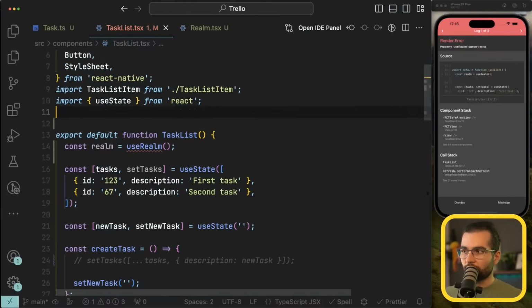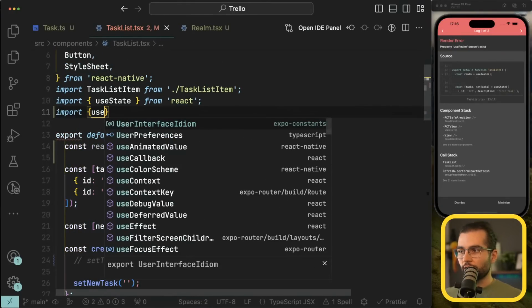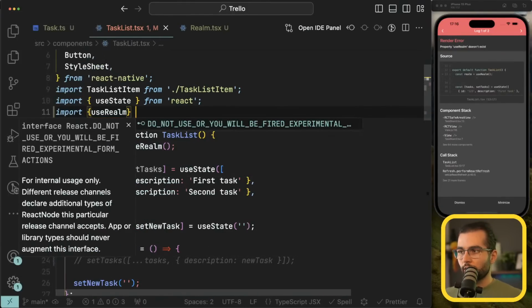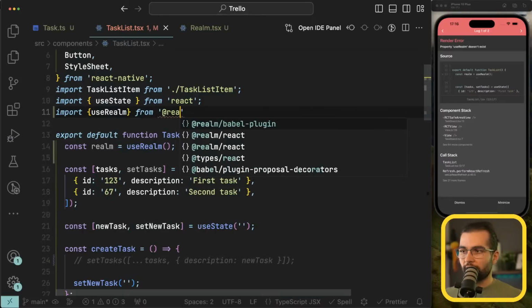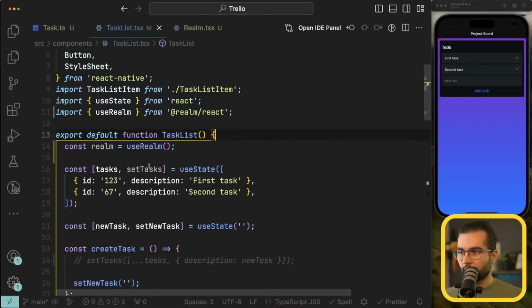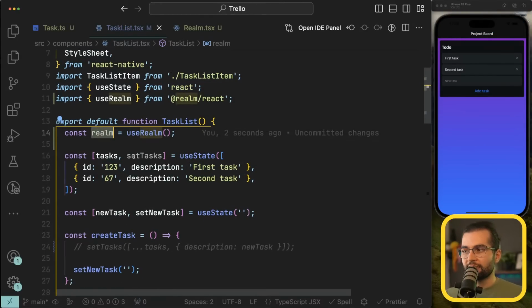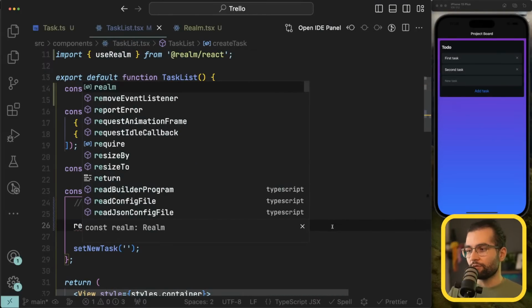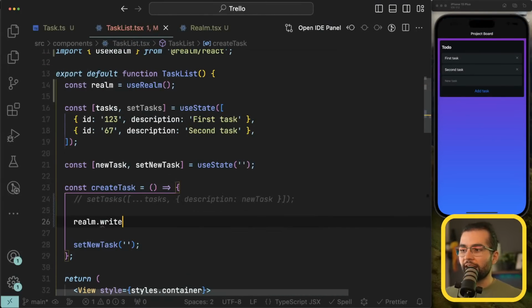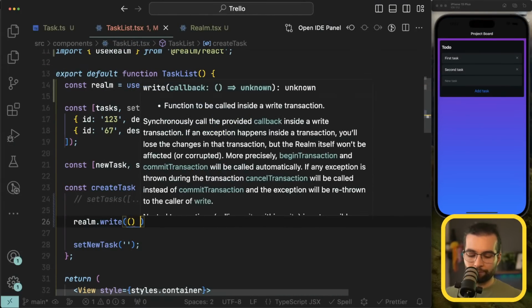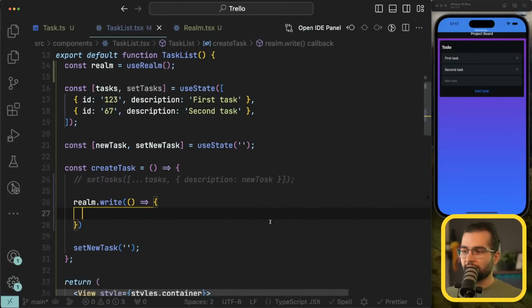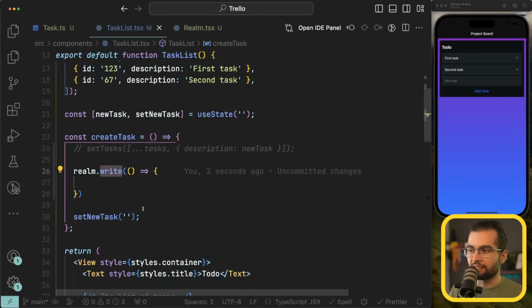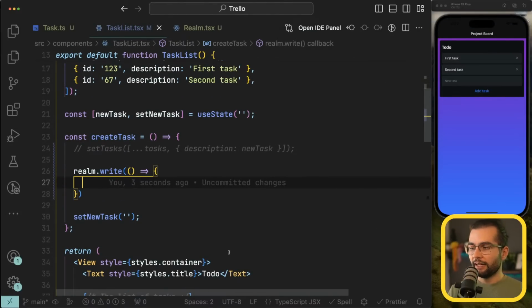I don't know why it's not suggesting me the import, but it should come from @realm/react. So using this hook, we get access to the Realm, and using Realm, we can start. First of all, we're going to start a write transaction. I'm gonna tell you in a second what a transaction means, but the second one is going to be